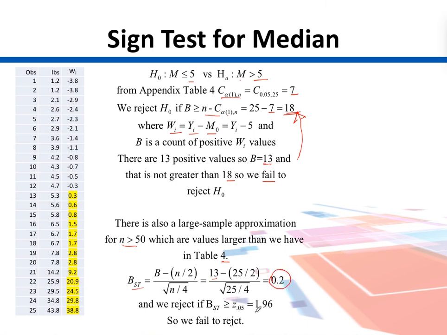In order to reject the null hypothesis, this BST should be greater than or equal to z at 0.05, which is 1.96. Our number is 0.2. In order to reject, it should have been bigger than 1.96. Our number is smaller than 1.96, so we fail to reject the null hypothesis. So that's how we do these non-parametric tests. There are others also, but so far as this course is concerned, we will just look into these two, just to let you know that there exist these non-parametric